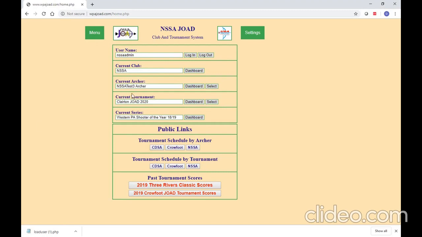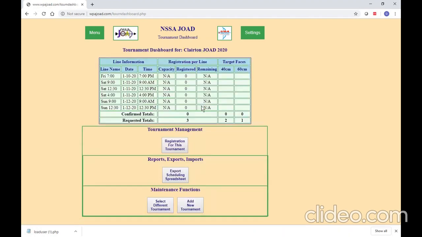So now you can go to the tournament dashboard. Let's say we're on Clareton. It's a good one. One of the clubs, Clareton, sends out the notice that we're registering for a tournament. It's open. So if you've been capturing, you see the requested totals. Nothing's confirmed yet. But if you've been capturing your registration for the kids, their time preferences will already be here,